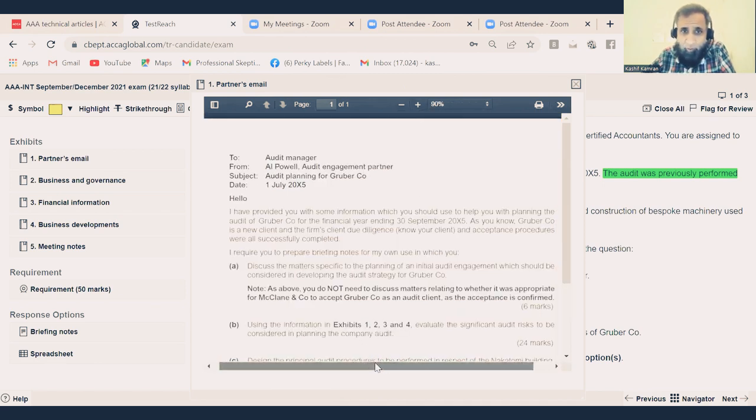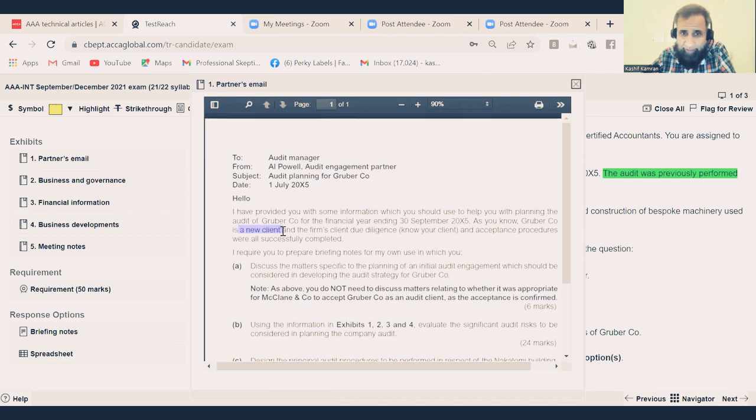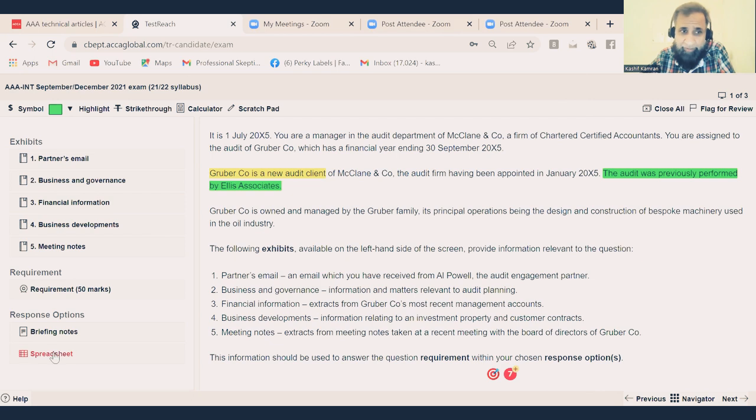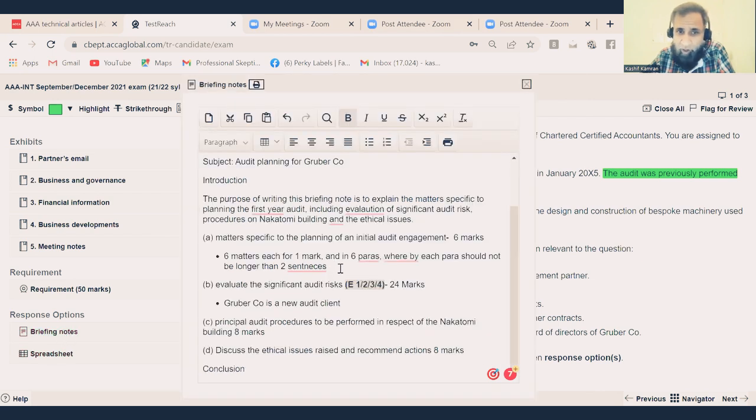that this is a new audit client. So being a new client, was that a significant audit risk? Was that specific to a scenario? And is a new client capable of converting to a detection risk? So has it met the definition of a significant risk? Yes. So exhibit number 1, close. And the very first risk in the list of evaluate the audit risk is Grubber is a new audit client, before I write the answer. And you move on to the next one.